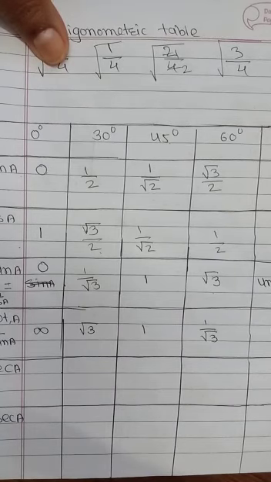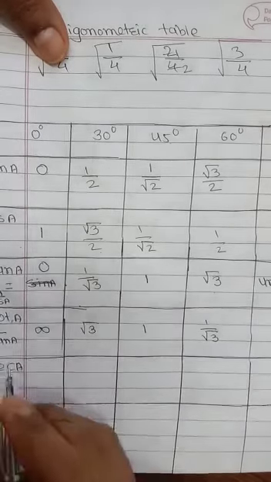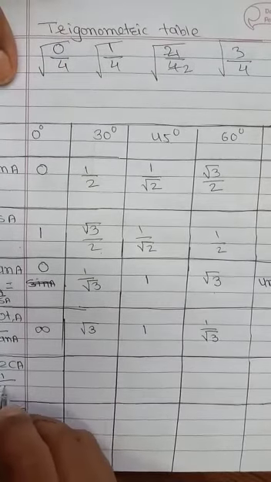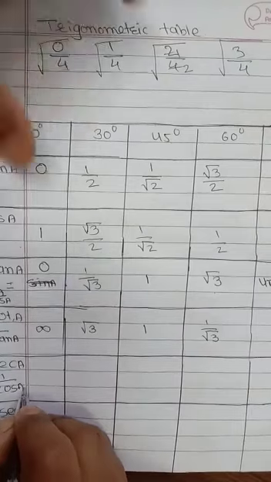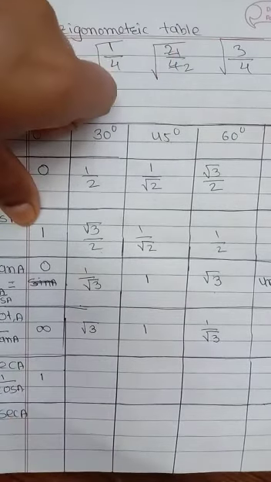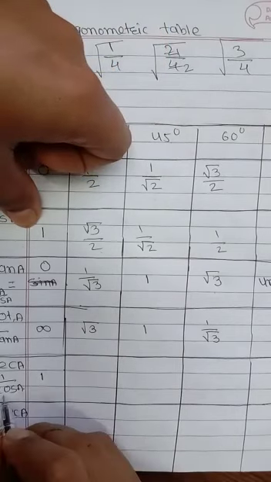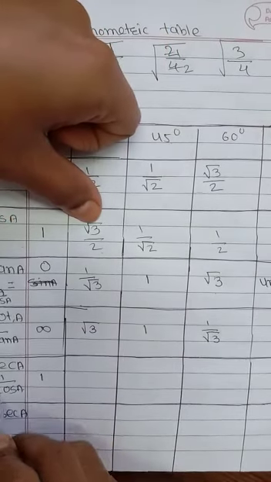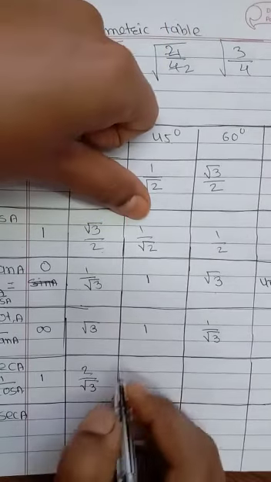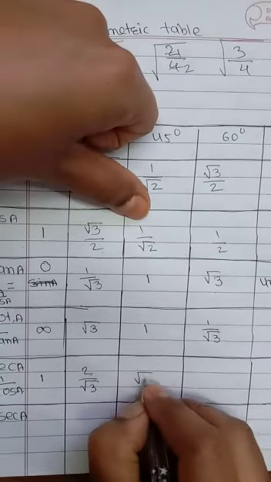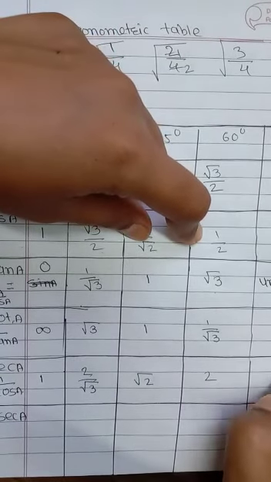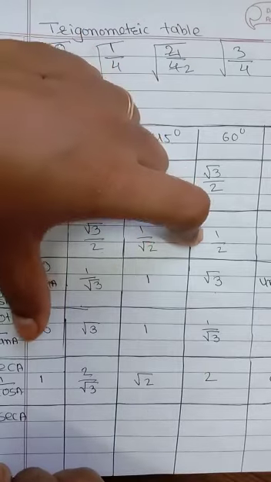You need to note it down. Now similarly let us calculate sec. We know sec is the reciprocal of cos. The reciprocal of 1 is 1. Hence sec of 0 is 1. Now the reciprocal of under root 3 by 2 gives 2 upon under root 3. The reciprocal of 1 upon under root 2 is under root 2. The reciprocal of 1 by 2 is 2. The reciprocal of 0 is infinity, that is an undetermined term.